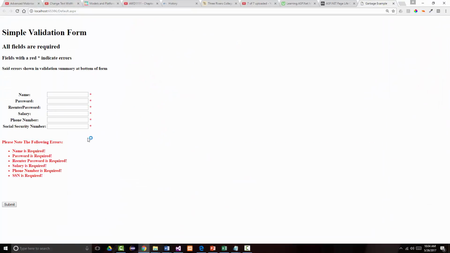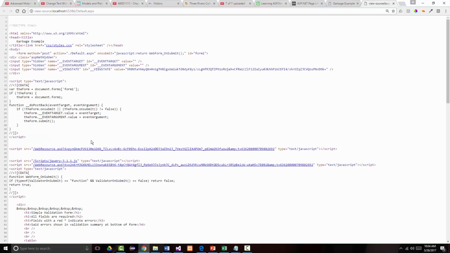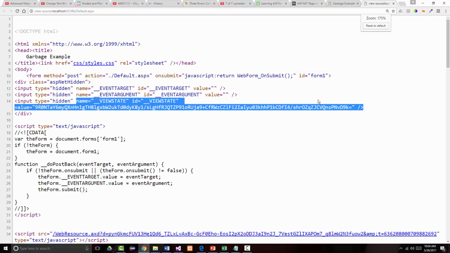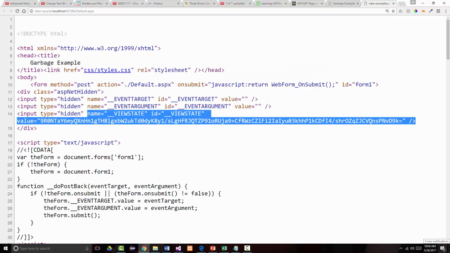I'm wrong there. So let's run it, and let's just not put anything in. But if I right mouse click here and view page source, again, as we look through here, there's our view state. Right there. So that's what they're talking about. Now that's going to look different. So remember this. In fact, I'll keep this one up there. Okay? I'll keep that one up there. And then I'll go back